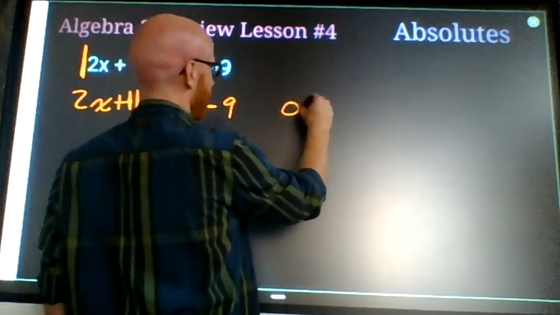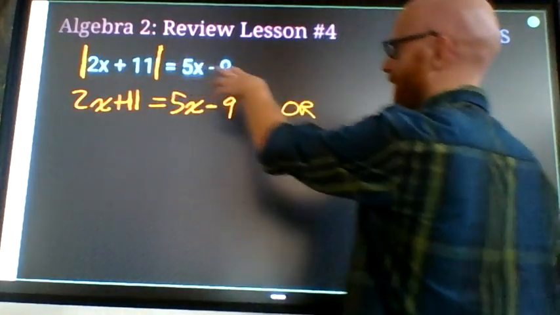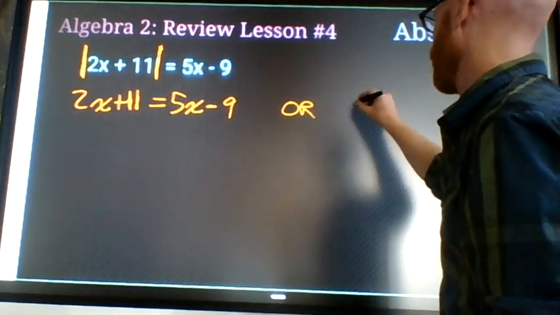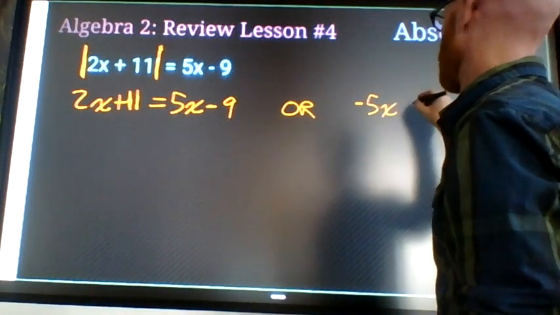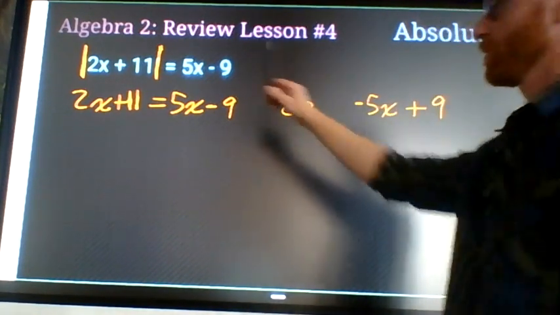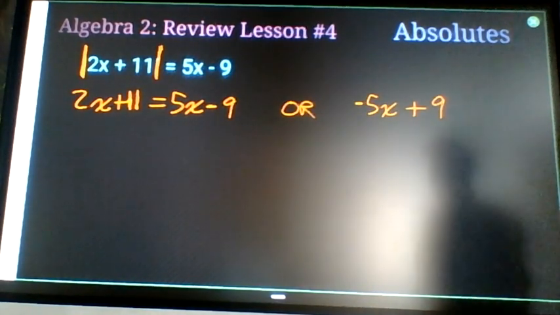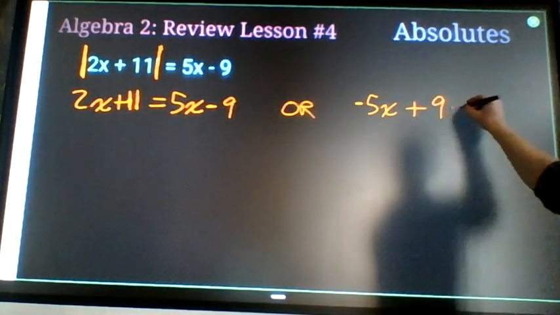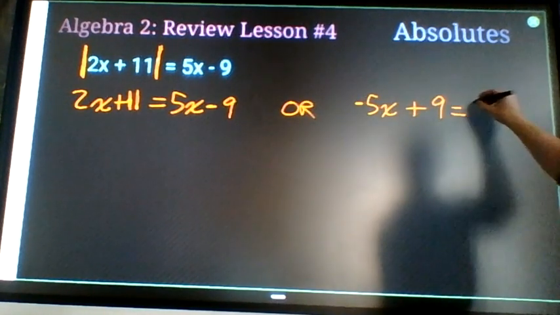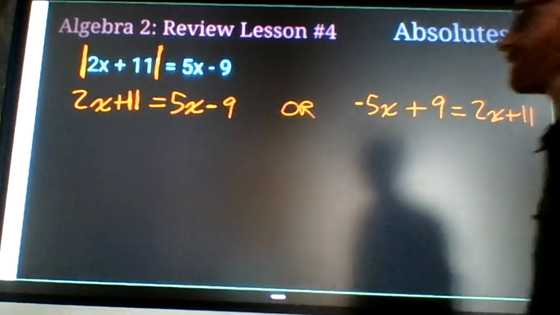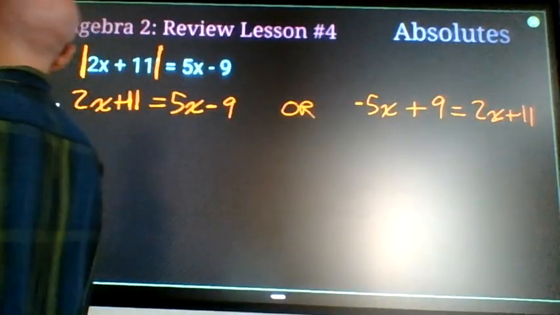Or should be able to equal the opposite of that. So negative 5x plus 9. Remember, you switch all signs when you're creating an opposite. Equal to 2x plus 11. Okay? Solving each of these,